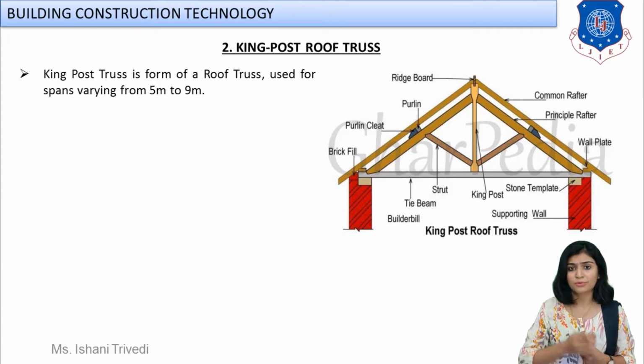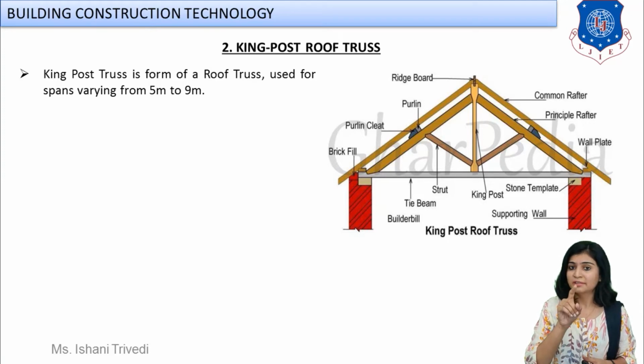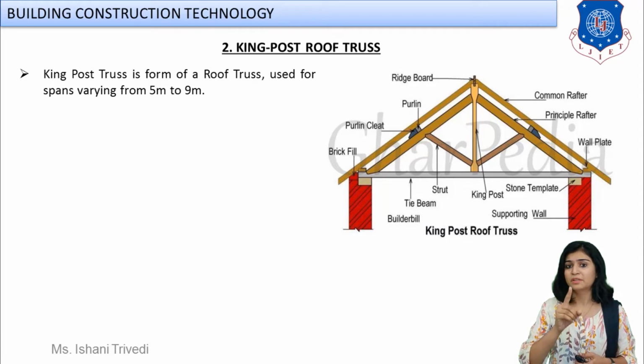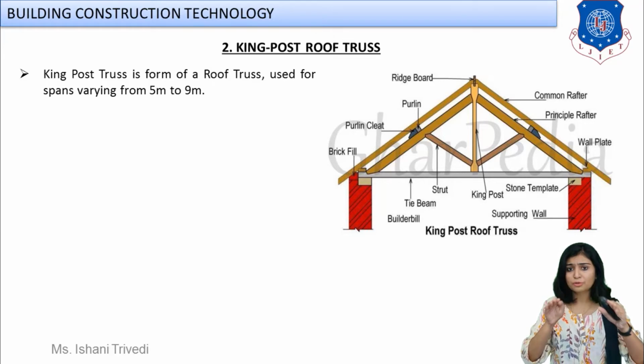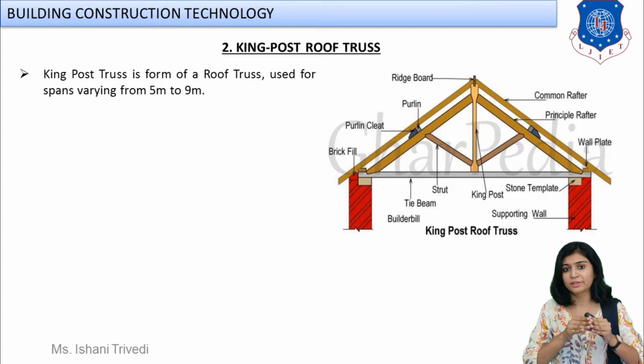We have the ridge board, starting from the apex, the topmost center. What is that component called? Ridge, correct. And that horizontal member, that horizontal plank which is provided is called ridge board, correct? Do you remember? Yes. So first we have the ridge board, which is provided at the apex, at the ridge. And next, the two sloping parts. What are they called? They are known as common rafters. Yes, we have studied that definition, correct?